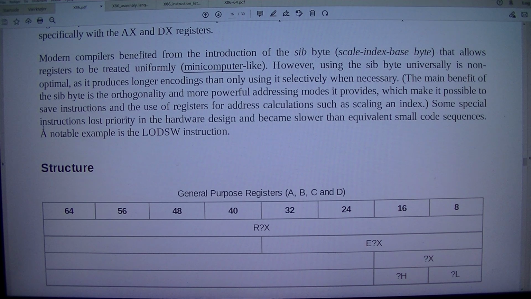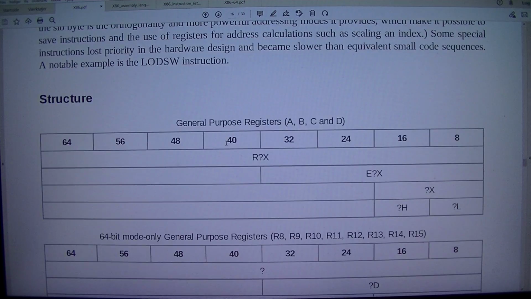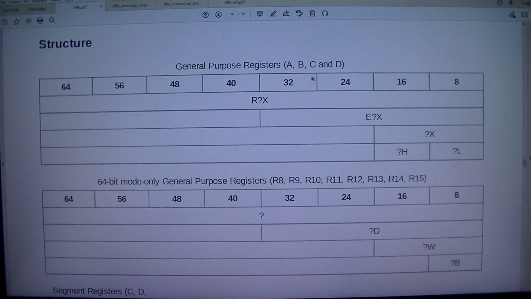Some special instructions lost priority in the hardware design and became slower than equivalent small code sequences. A notable example is the LODS instruction. Structure. General purpose registers: A, B, C and D,